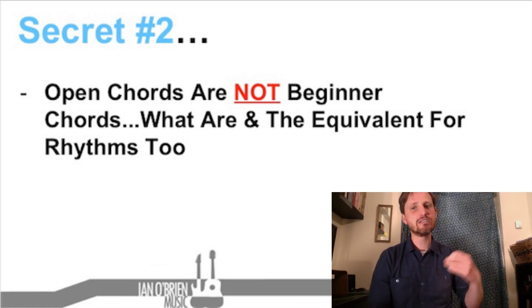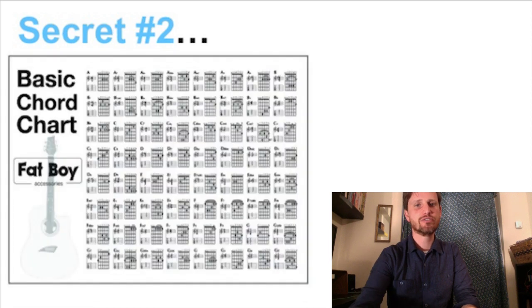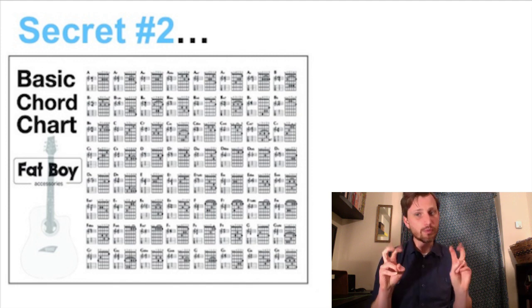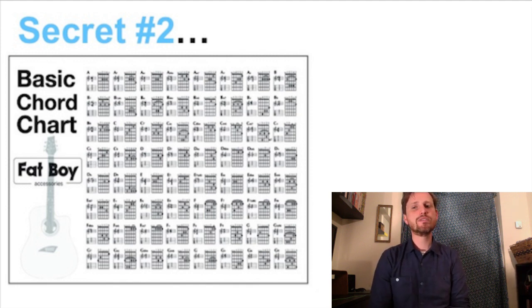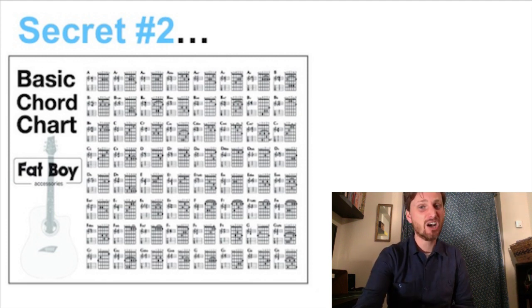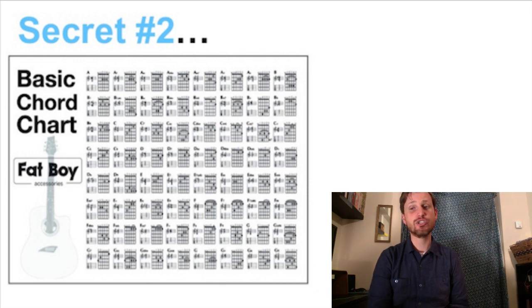Now, let's go back to the beginner chord chart that I got on my first guitar just for a moment. You'll notice that they're almost all open chords. Yep, there are almost 70 open chords on this beginner chord chart. And this is the bit where I upset guitar teachers all over the world, because the normal way to learn guitar is to treat all open chords as beginner chords, regardless of how easy they are to play and change between, and to painstakingly learn a whole bunch of them. It's the hard way, and it's what I did in the past. It used to drive me crazy. It was a nightmare for beginners, and it took forever.